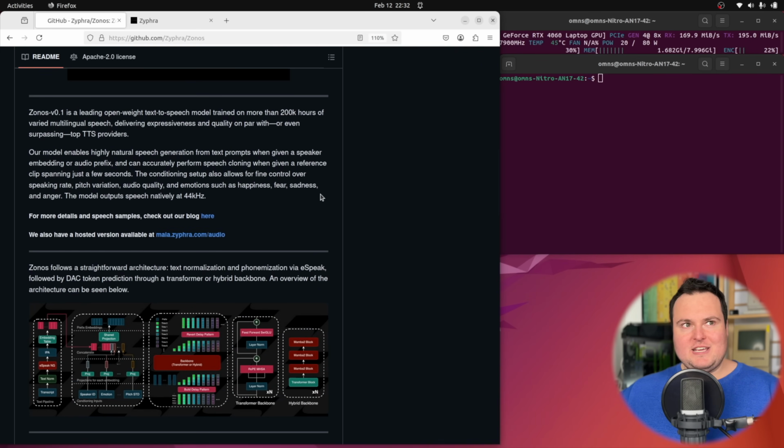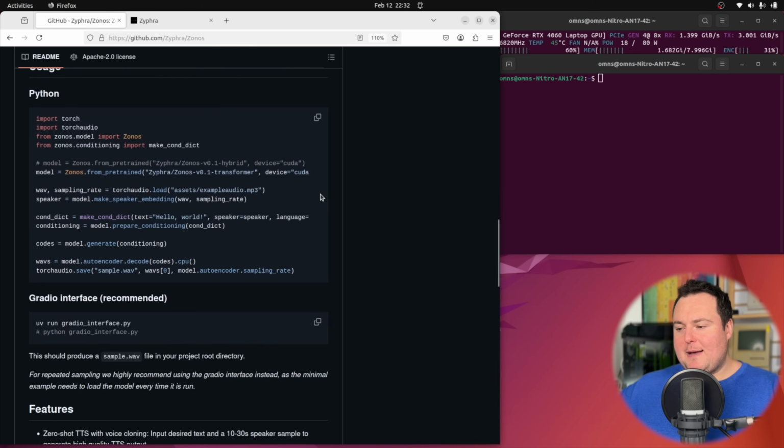Now, I have actually in the past done a lot of local text-to-speech testing, as when I was building my robots, one of the big things I wanted to be able to do was have a text-to-speech solution that would run offline. Unfortunately, back then, I couldn't really find anything that was very good that would actually run in the limited hardware I had, but fortunately, things have progressed, and we can see that while perhaps this is still a